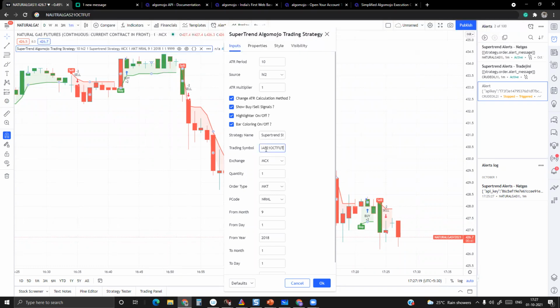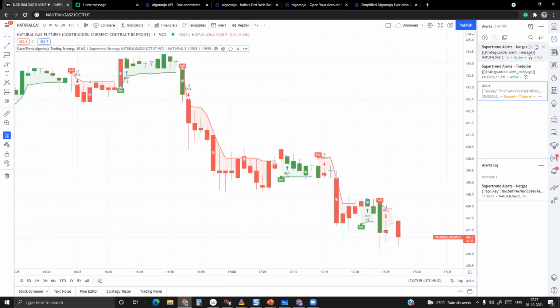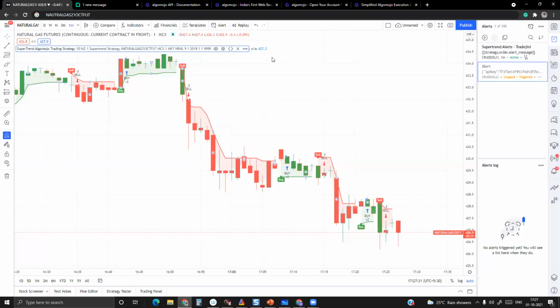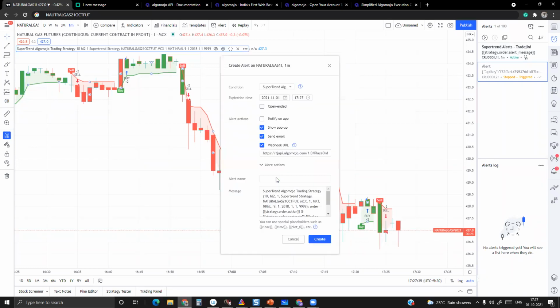So I'll do one thing. I'll save it. Since the trading symbol is wrong, I'll save it again. Once I save it, I'll delete the older one. I'll delete this Supertrend alert because I have to update the symbol, right? Once I have an updated symbol, I'll create a new alert. So I realized that there is something wrong with that thing, so I'll just change it.